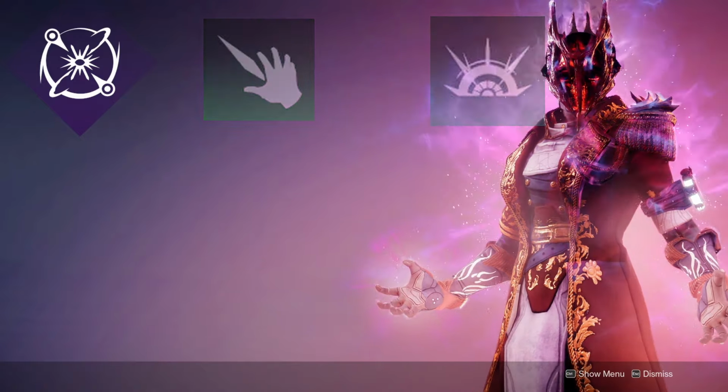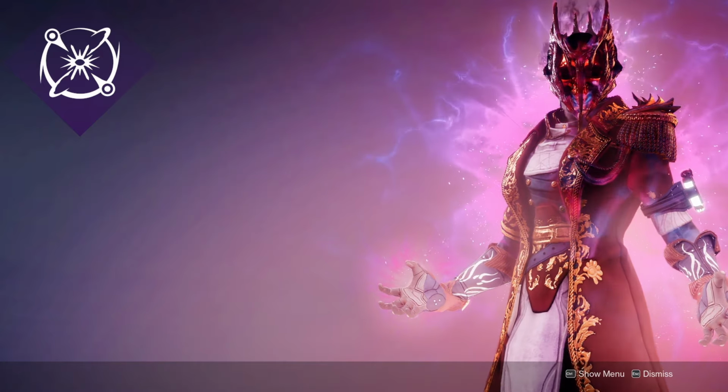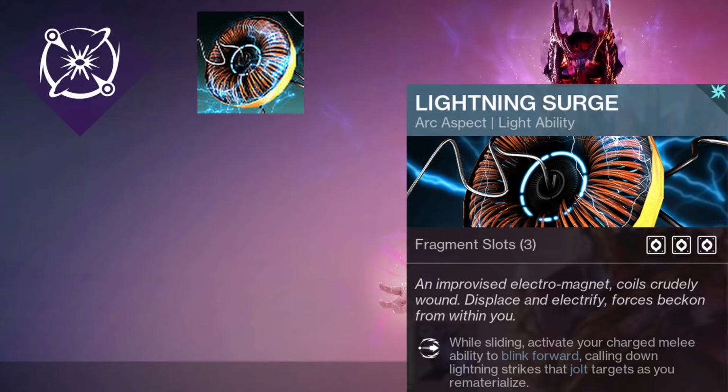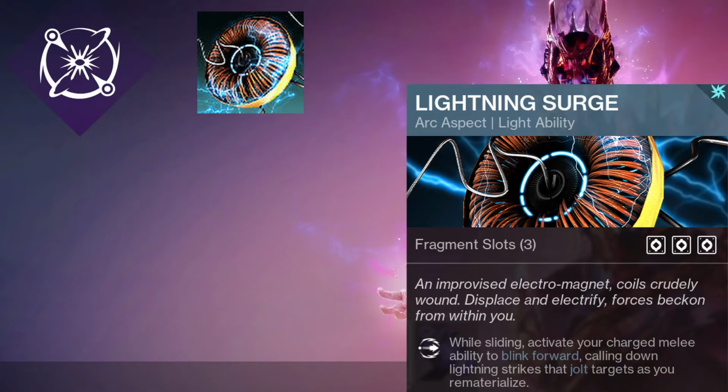As for my aspects, I'm going to be using Lightning Surge and Feel the Void. If you don't know what these are or need a refresher, Lightning Surge. While sliding, activate your charged melee ability to blink forward, calling down lightning strikes that jolt targets as soon as you